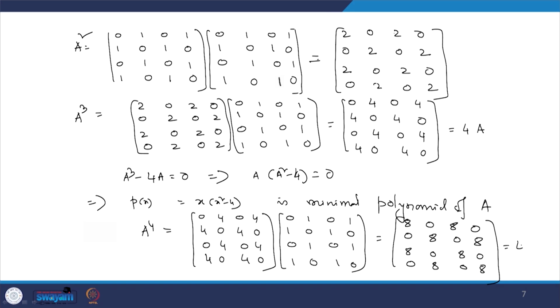It will be 4 into A square. So, this implies A to the power 4 minus 4 A square equal to 0. So, f is equal to x to the power 4 minus 4 x square as characteristic polynomial